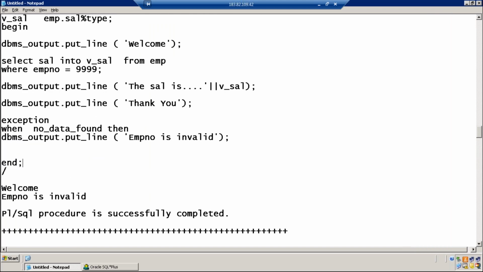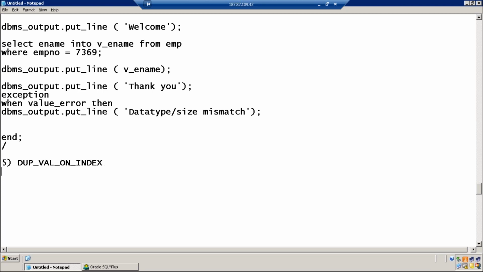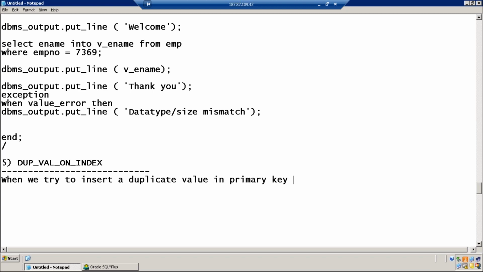The last one, duplicate value on index. This exception is raised when we try to insert a duplicate value in a primary key, because we know a primary key will not accept duplicates, or in a unique constraint.